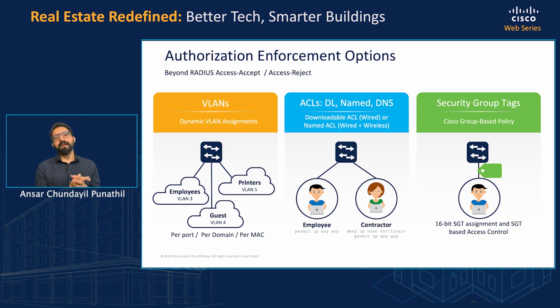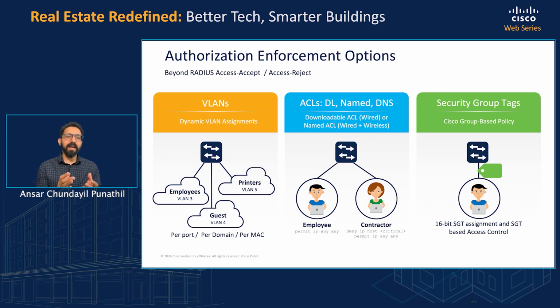ICE can dynamically assign devices to specific VLANs based on their user or device profiles. This ensures that users and devices only have access to the network resources within that designated VLAN and their access control. This process involves first authenticating the endpoint, then verifying the identity, then policy evaluation and VLAN assignment, and finally enforcement happens.